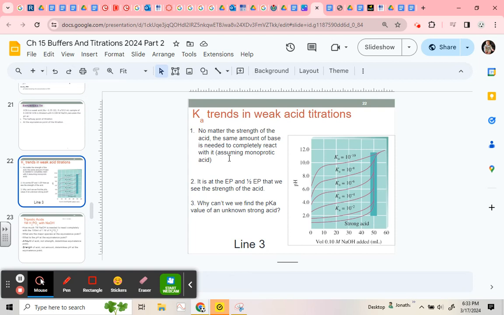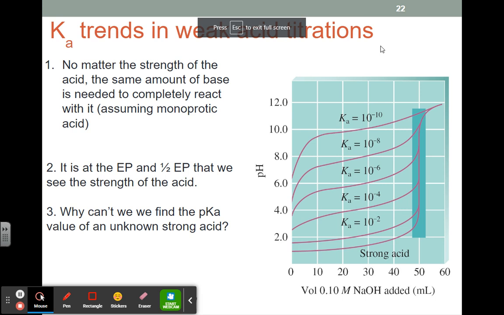Hello, this is chapter 15, looking at just a few tidying up for line 3. So I'm on slide 22. If you look, we're titrating a bunch of weak acids with a strong base, 0.1